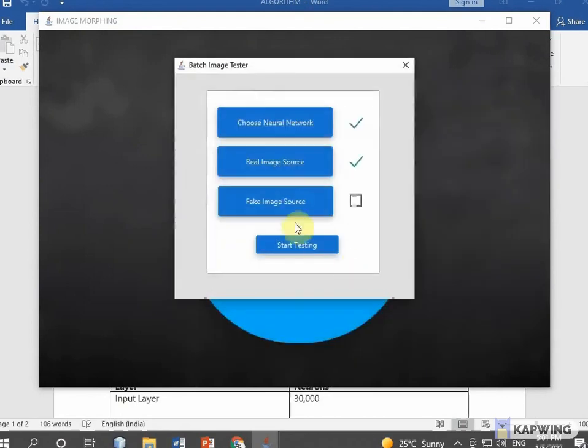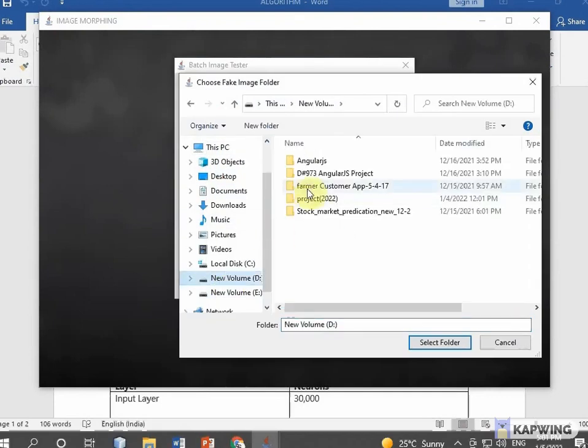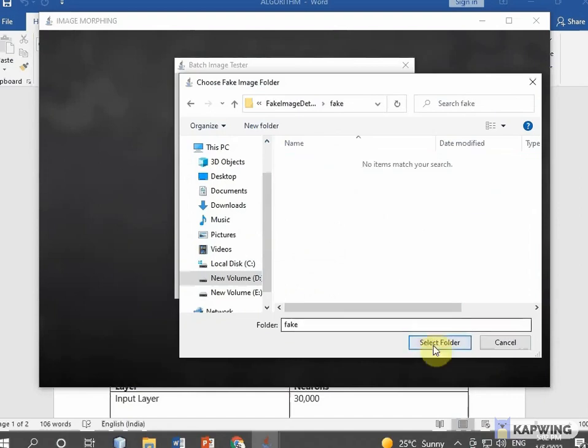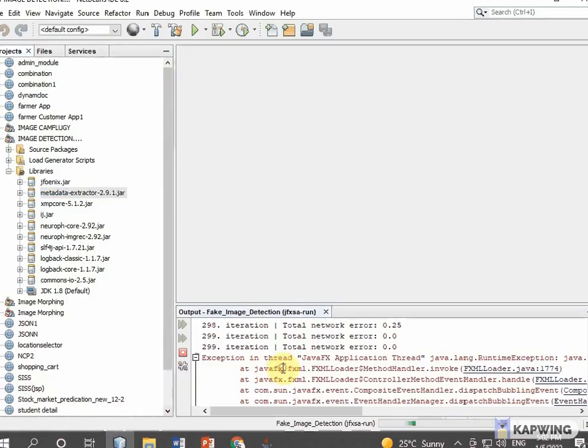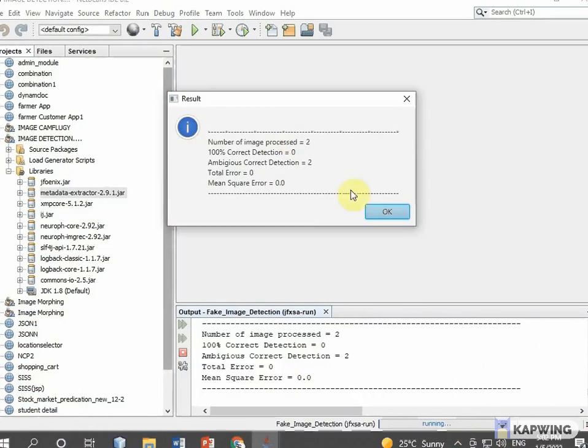After that, the fake image source, which we have to compare. I'm selecting fake, select folder, and start testing. Here it shows the output: number of images processed 2, correct detection 2, and total mean square error. So here it shows this output: number of images processed, 100% correct detection and so on.